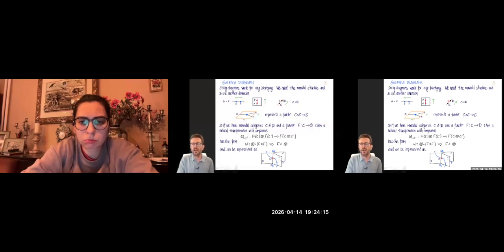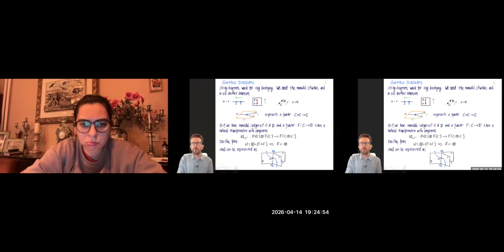So here I've got categories C and D. If I draw C and D like that, that means C cross D. Okay, so I represent it like that. Again, this is supposed to be flat, but going into the screen. This is representing a functor, because it's just on the flat level, and the domain here is C cross C, and we're going in this direction into C. So this represents a functor from C cross C into C.